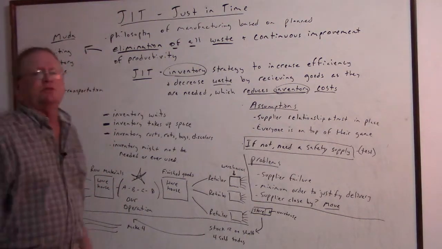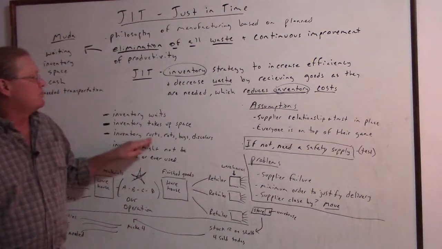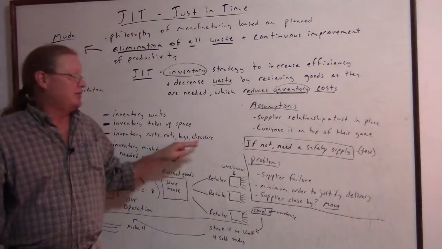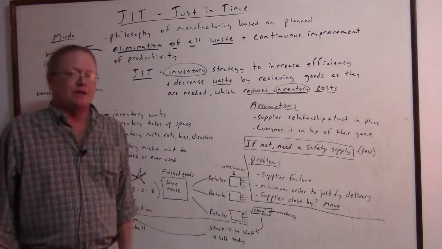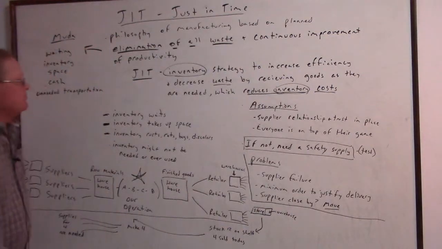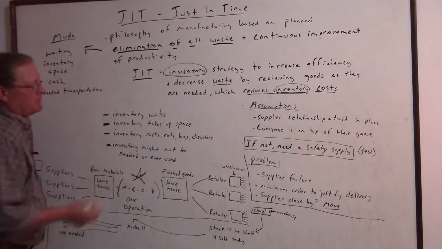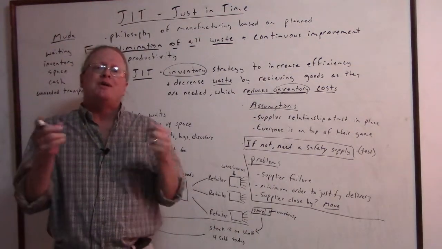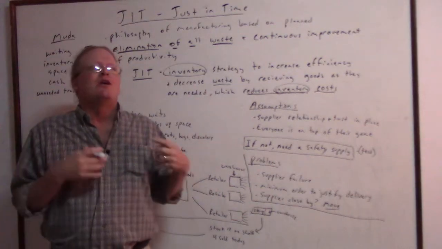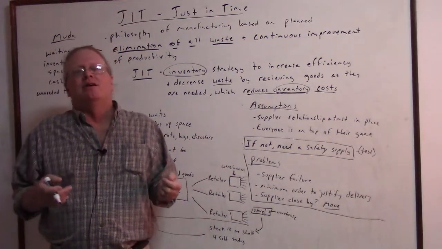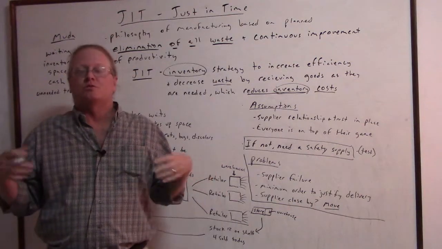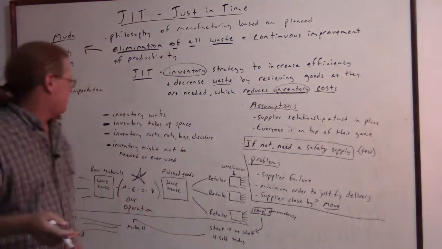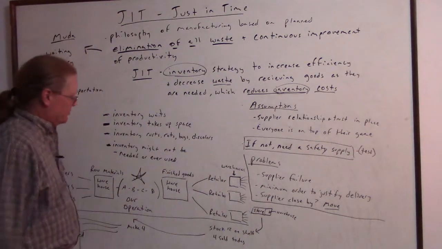And inventory, you've seen this at the house. Inventory rusts. It might rot. It might get bugs, and it might discolor. There's a ton of things that happen when things are just sitting around. And inventory might not be needed or ever used. If you look in your pantry, you probably have something in there that's expired. You bought too much, you didn't need it. It was a waste of time at the grocery, it was a waste of money. Just get rid of the pantry, maybe. Because you never even used it.